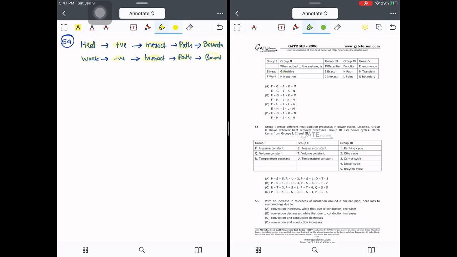It is actually an inexact differential. It is a path function and acts at the boundary. Similarly, work when added to the system is considered to be negative. It's an inexact differential, a path function, and the transfer of work and heat takes place at the boundary. So the answer should be